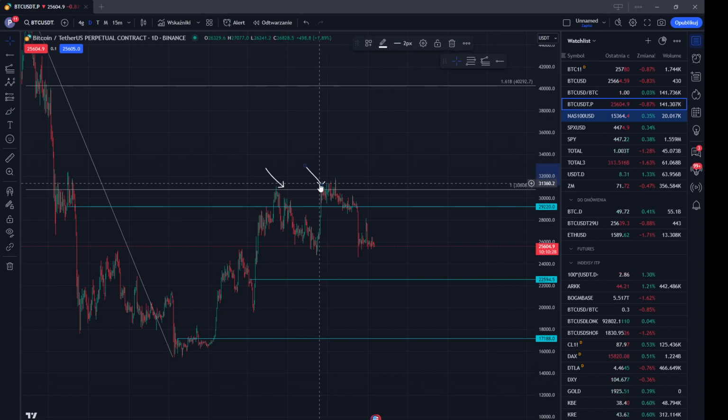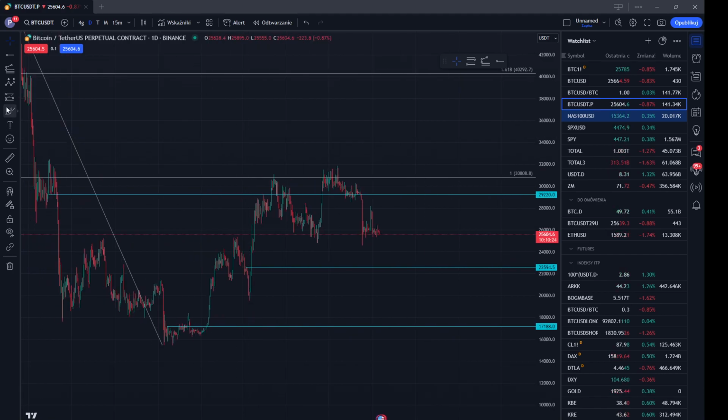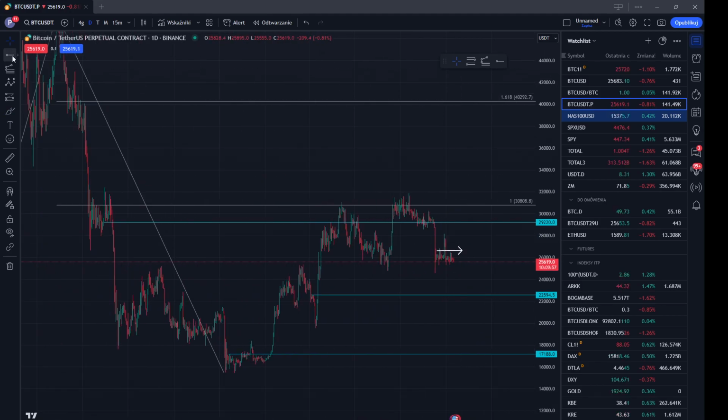I don't know where the market will go, but I have taken a decision. I've been buying here somewhere, roughly 26,000, around 27,000, somewhere around here. I have taken the decision that if we go down and then bounce, unless this is like a single move of 5 waves, like this, or maybe if we take a trend line here,